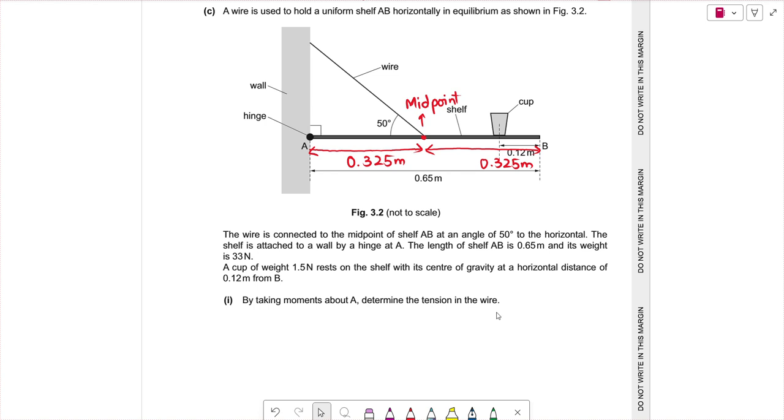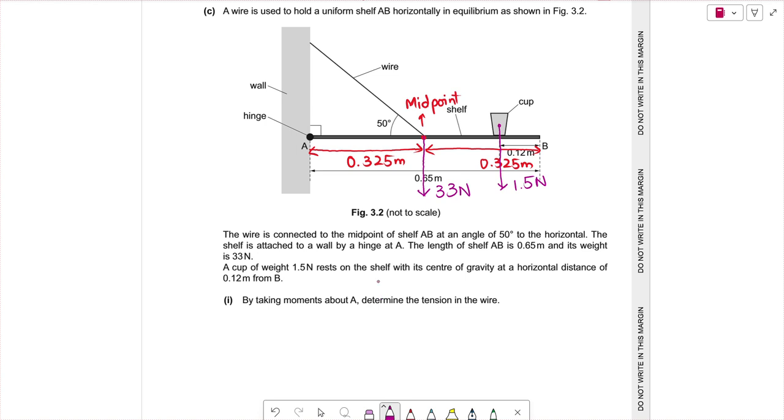The length of shelf AB is 0.65 meter and its weight is 33 Newton. So the weight of this shelf is 33 Newton, and the weight is always acting at the geometrical center of a uniform shape. A cup of weight 1.5 Newton. So we know the weight of this cup as well, and that is 1.5 Newton, with its center of gravity at a horizontal distance of 0.12 meter from point B. So the distance of the center of gravity of cup from B is 0.12